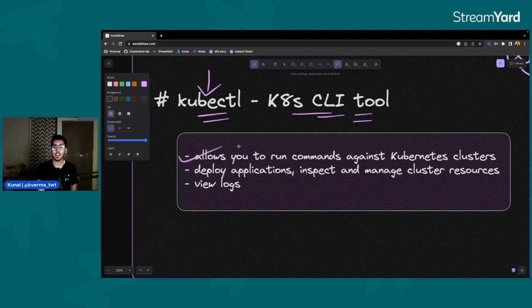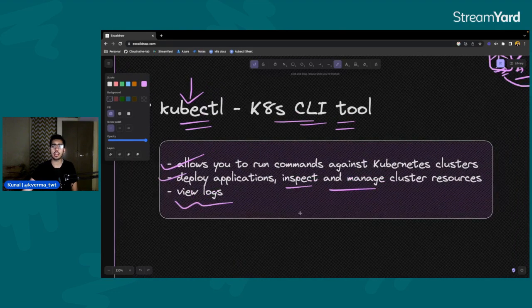Firstly, it allows you to run commands against the Kubernetes cluster. If you're already familiar with that, you would know this. But if you need to interact with your Kubernetes cluster to see the running pods and all of the components that are running, you need to have kubectl installed on your local system. It also helps us deploy applications, and inspect and manage all the cluster resources, so all the management work happening with your Kubernetes clusters. And it also helps us view logs of what is happening in each component that is running. These are the main tasks of kubectl, and you can install it separately through the binaries from the official website, and then you can easily talk with your entire Kubernetes cluster.